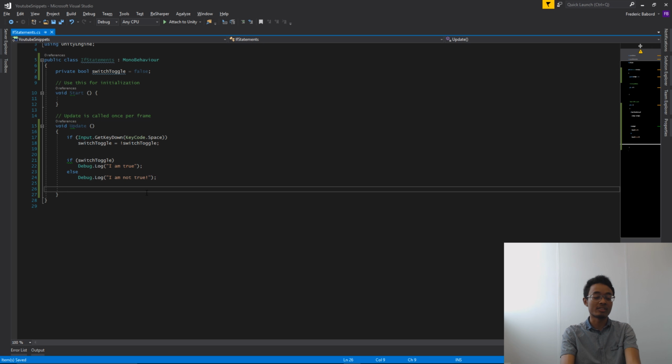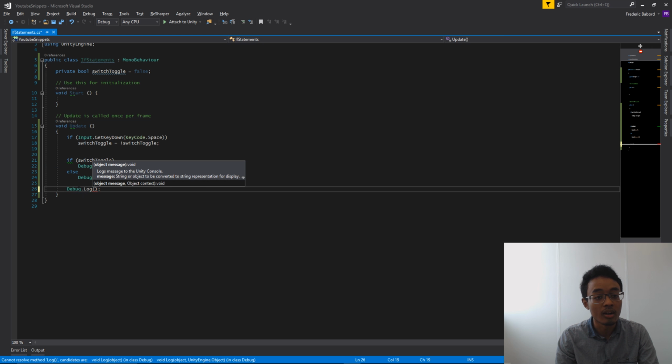So the other way to do an if statement is a conditional operator. So all this means is we use a question mark instead of an if. But we can't do this syntax here. So if we go Debug.Log, so if switch toggle is true, so the expression that we want to evaluate, question mark. So if it's true, then we're just going to Debug.Log "conditional true". Else, which is represented by colon,